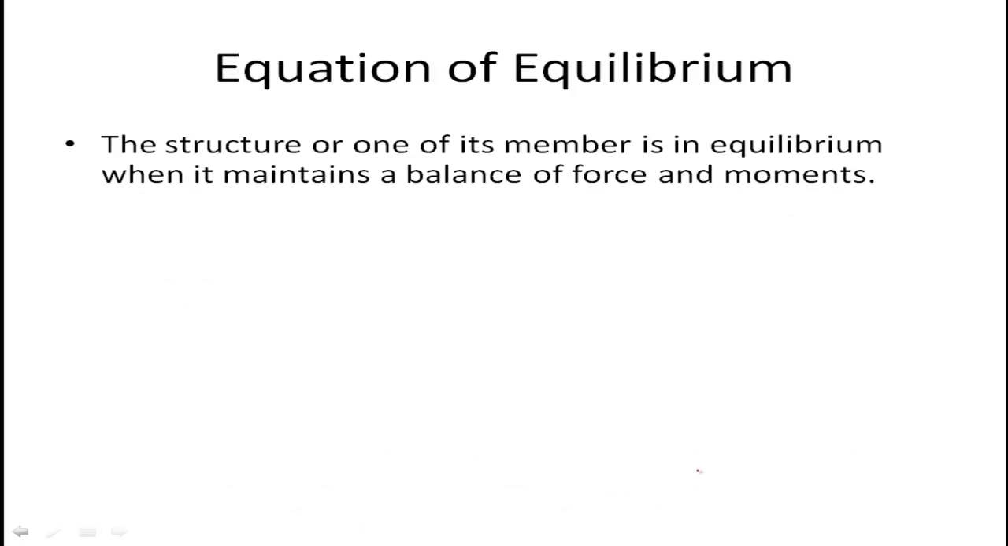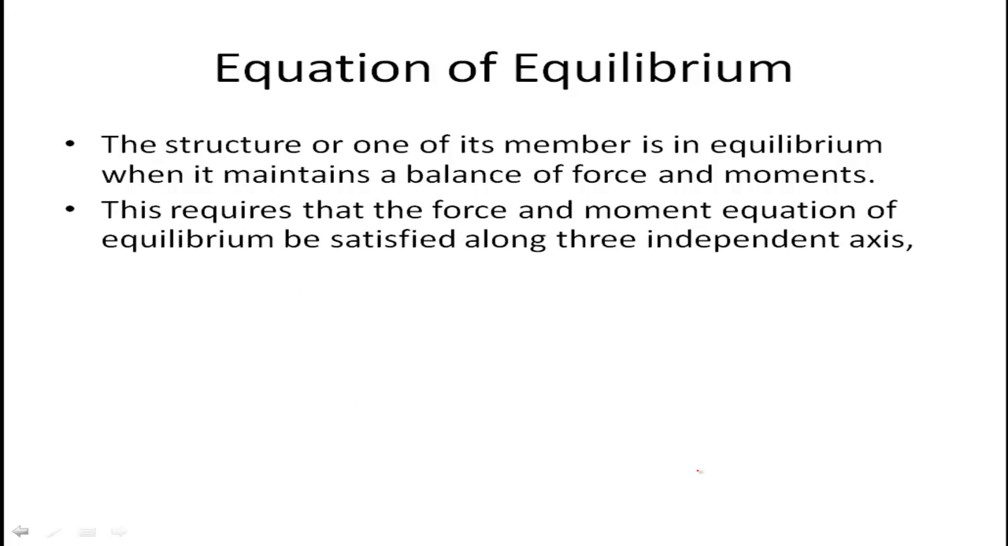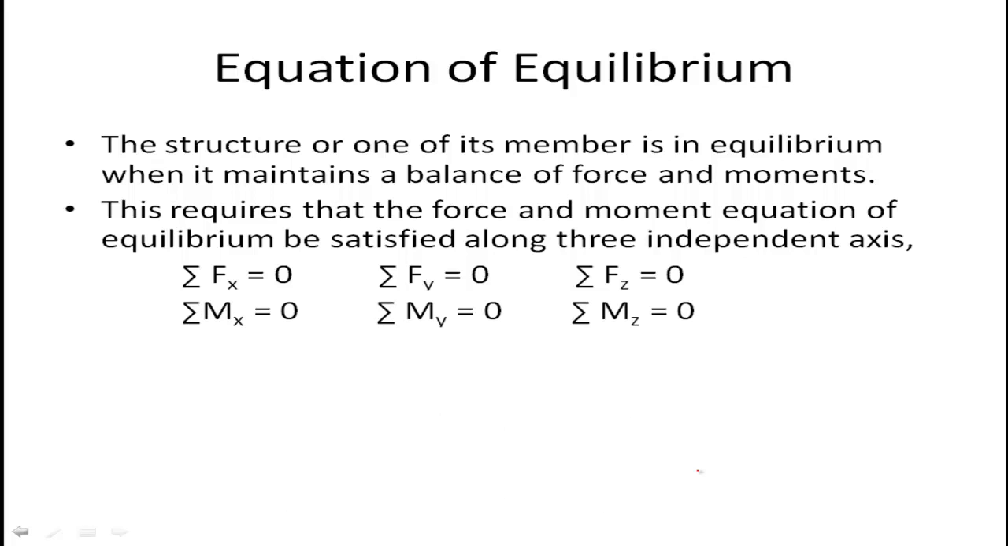Then we have the equation of equilibrium. What's the equation of equilibrium? Here the structure or one of its members is in equilibrium only when it maintains a balance of force and moments. This requires that the force and moment equations of equilibrium be satisfied along three independent axes. That is, summation of forces in x direction equal to 0, summation of forces in y direction equal to 0, summation of forces in z direction equal to 0. And we also have the moments: summation of moments in x direction, in y direction, as well as in the z direction